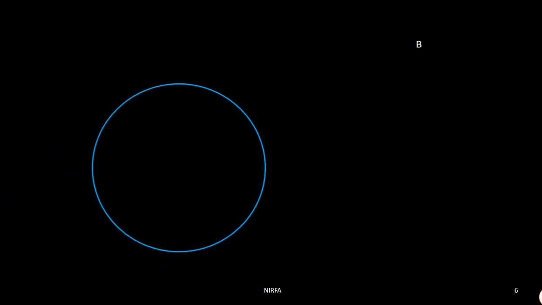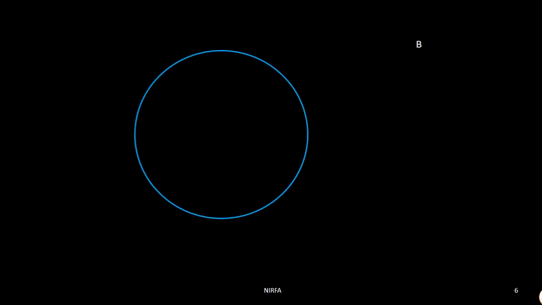This is a circle, and if we draw a quadrilateral which is inscribed in the circle, so it is given that the quadrilateral is cyclic, and its four sides are also given. Then we will find its area by using Brahmagupta's formula. This formula is very similar to Heron's formula.